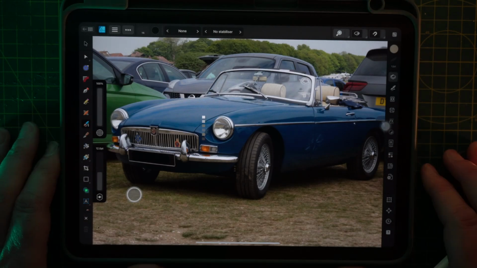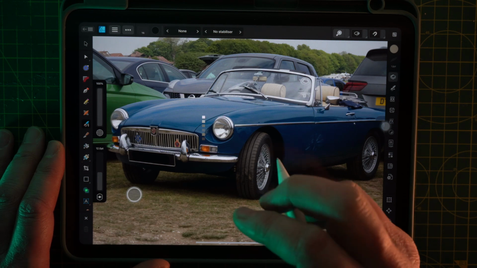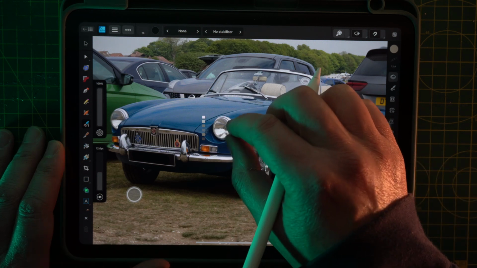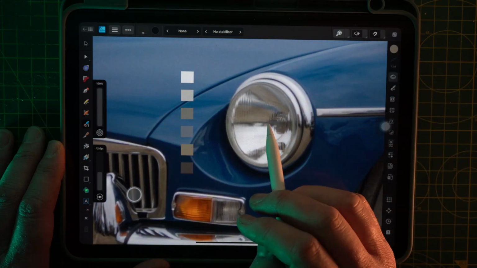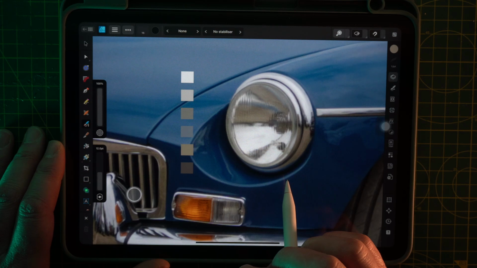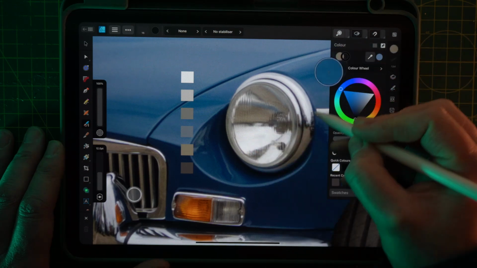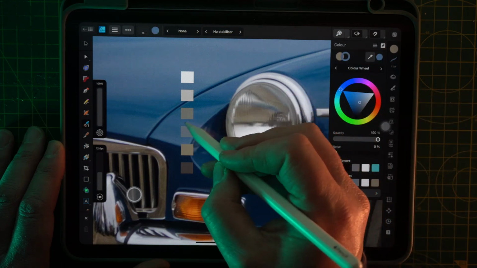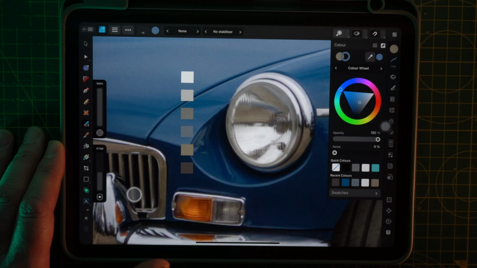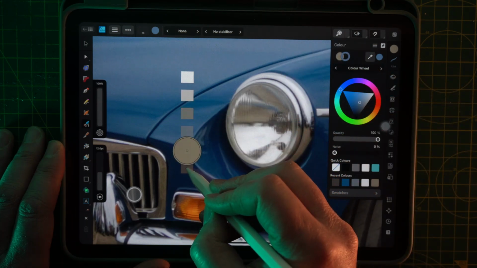Here's a great little MG I spotted in the car park at Bruddington Kite Festival, and I thought this image would be a good one to use for the chrome demonstration. What I've done is use the colour picker to just pick up the key colours out of the image. The colour picker is in the colour palette. You just drag and drop onto the bit you want, and then I make a little square or icon so I can just keep coming back to the same colours, and it stops me from having a huge colour palette